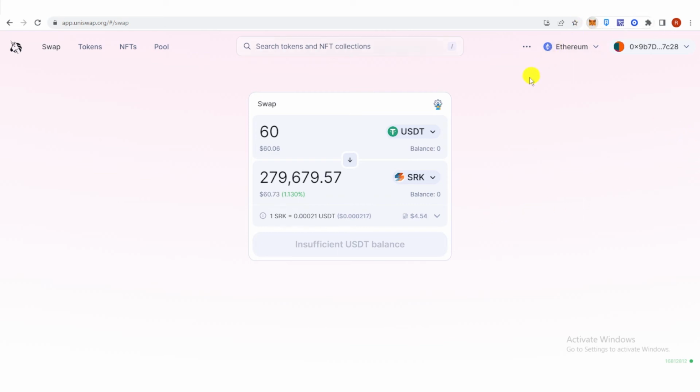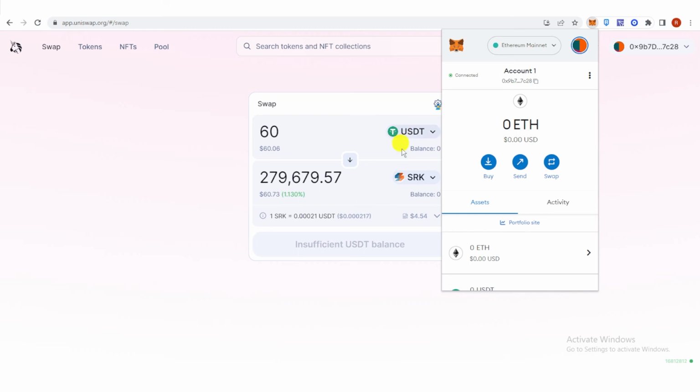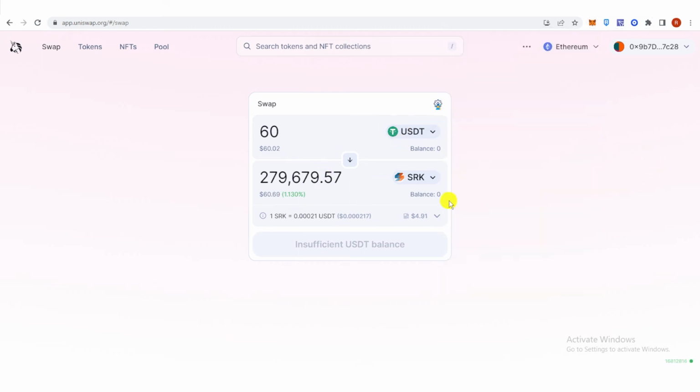So make sure that you have enough Ethereum in your MetaMask wallet to pay for the gas fee. So once you have approved the SRK token, click swap here, and then a confirmation from MetaMask will pop up again, and you are going to need to pay for the gas fee. Then once you have paid for the gas fee, go to your MetaMask wallet and check if you have received